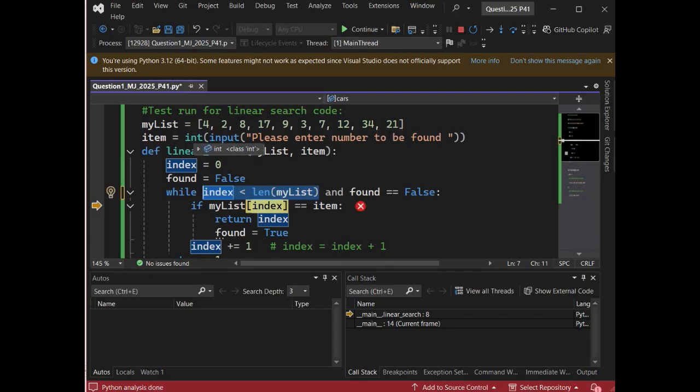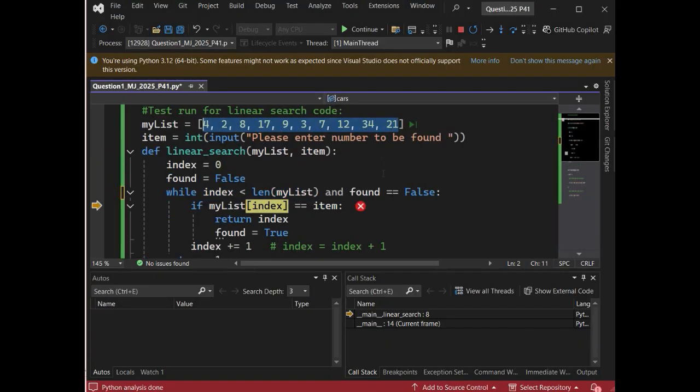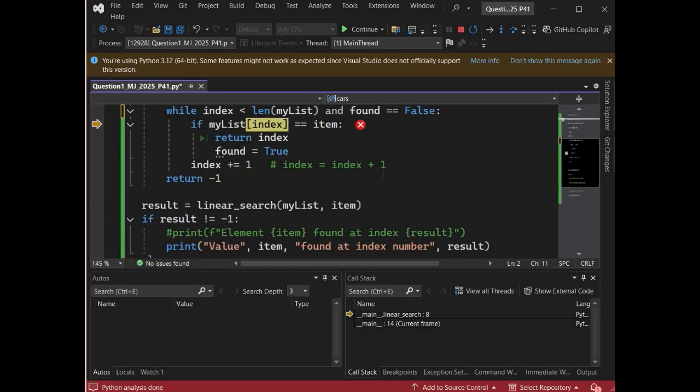What basically happened, it started at 0, then 1 2 3 4 5 6 7 8 9, and once it reached 9 it did not find anything. So found was still false, the value of found did not become true. Because I had written or over here, it only considered this part of the condition to be true. It ignored this part and tried to test the next element in this array, but there was no next element. That's why it gave this error.